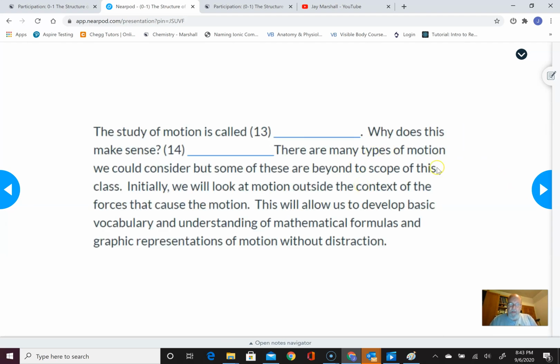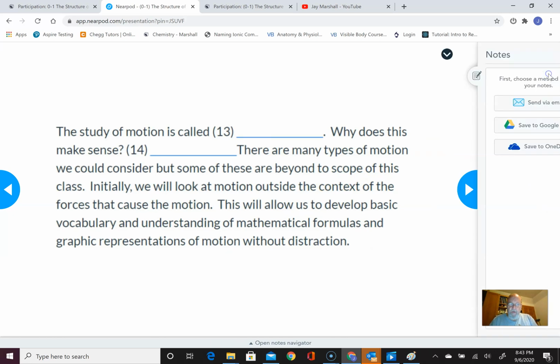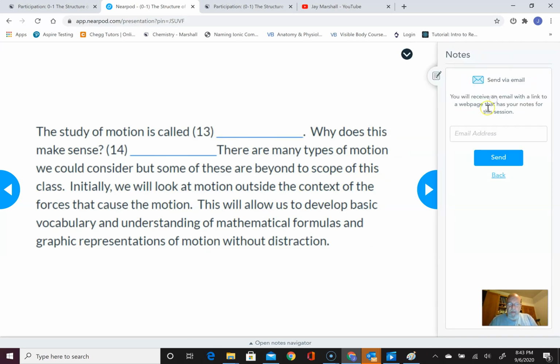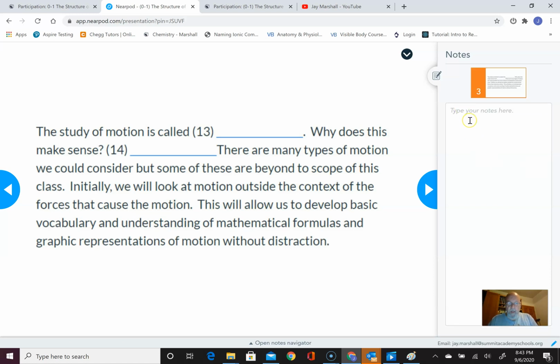And so, as before, I'm going to write in the words that go in the blanks here in the notes over here, but I have to type in my email address first so I can send this to myself. academyschools.org. Okay, and